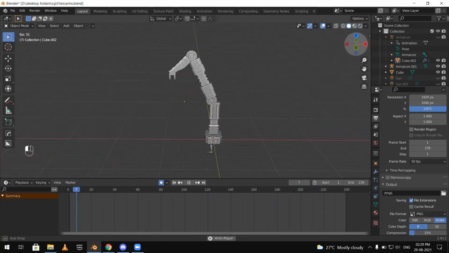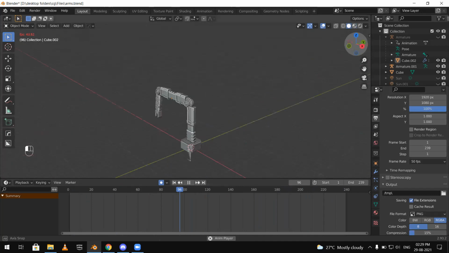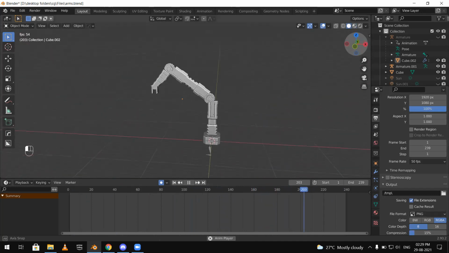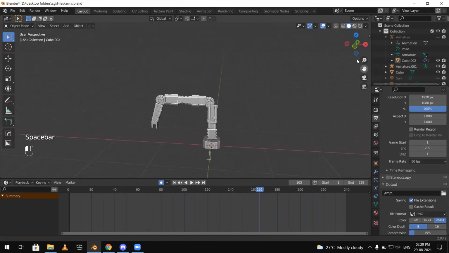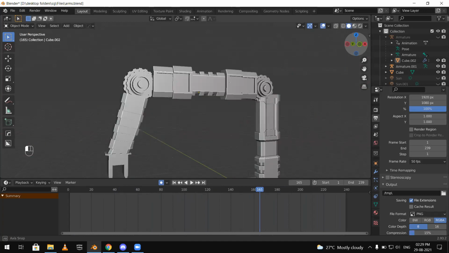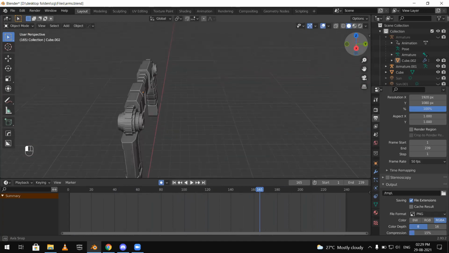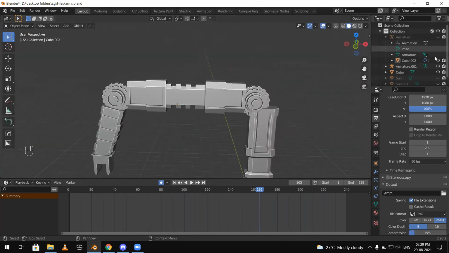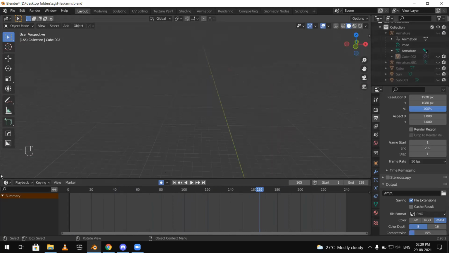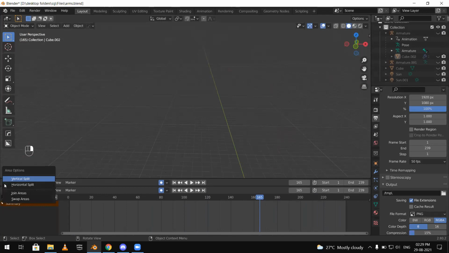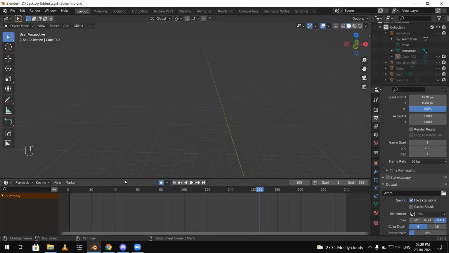All right. As you can see, the animation is working pretty much as we expected it to be. And that is all that is there to learn about rigging. Now, one more thing that comes along when we learn rigging is we often want to make things like humans, animals. So Blender has given you a very easy way to do that. Let me just hide this first.